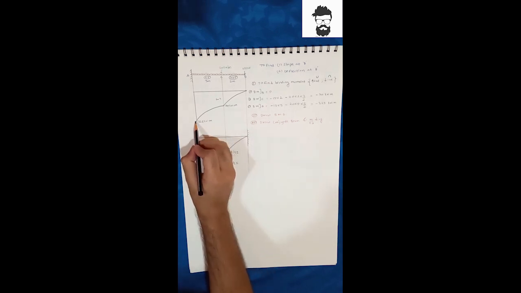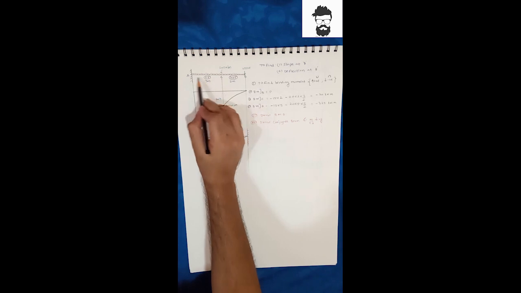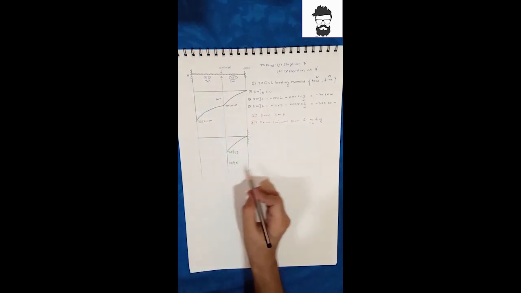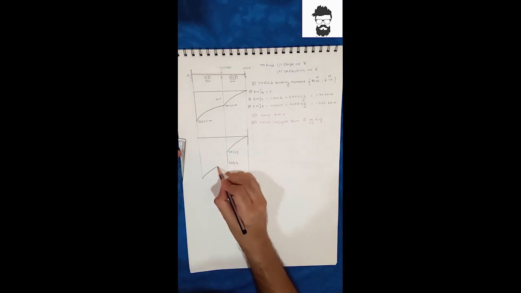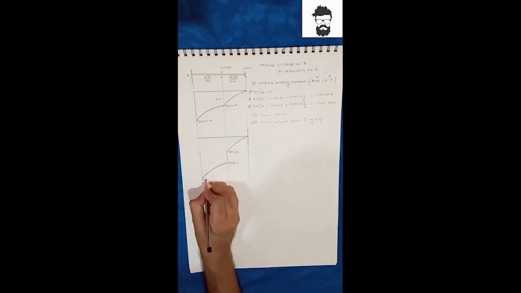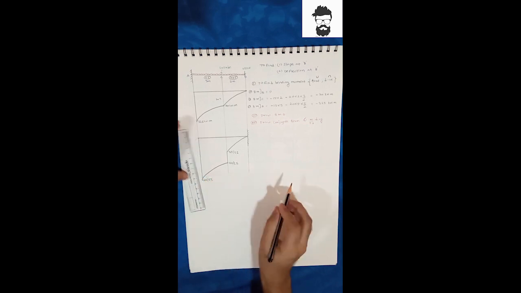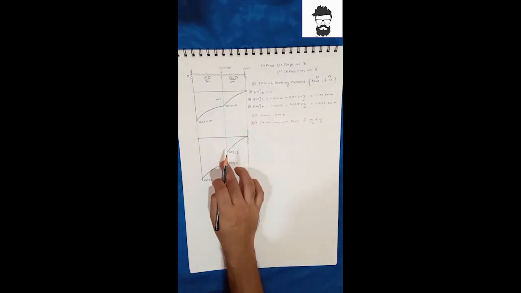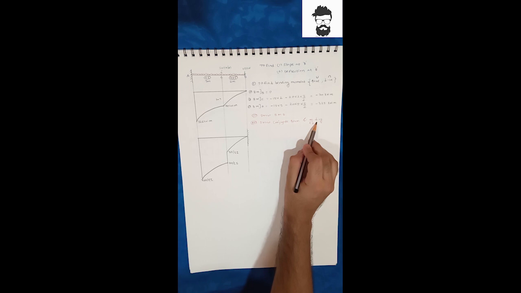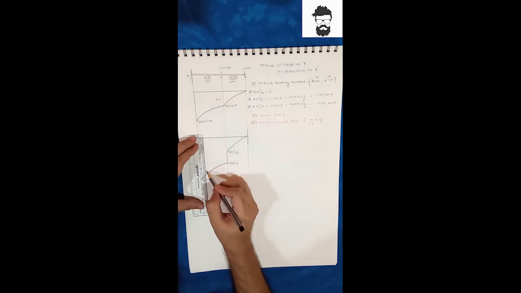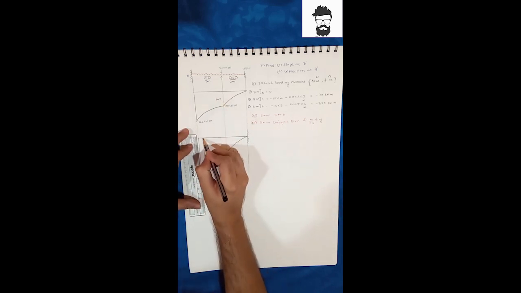Next, bending moment at A is 325 and the corresponding flexural rigidity is EI. So 325 divided by EI, the answer is 325 by EI. So this is our conjugate beam and M by EI diagram. For the M by EI diagram we need to know the sign convention. For negative bending moment, the sign convention for the M by EI diagram is upward loading.